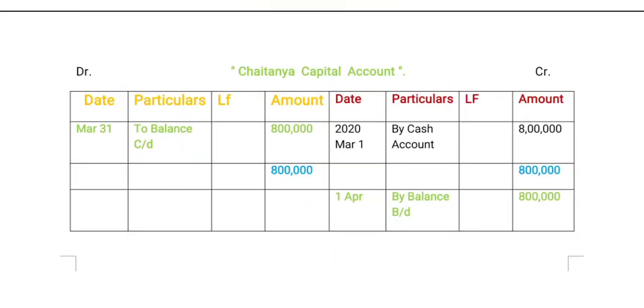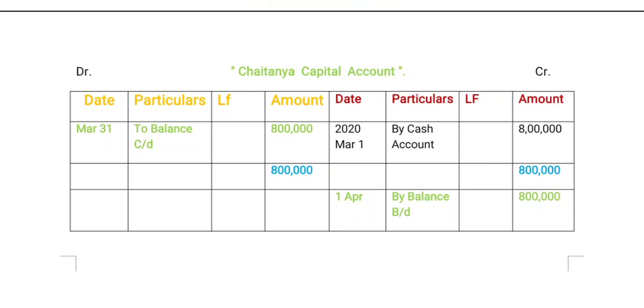We are coming to Chaitanya capital account. Here the credit side is more than the debit side. On the debit side, there is no transaction, that's the reason we are taking both sides as 8 lakhs. Now coming to the debit side date column, 31st March, to balance carried down 8 lakhs, it is the closing balance for this month. This amount is transferred to next month on the credit side, that is April 1st, by balance brought